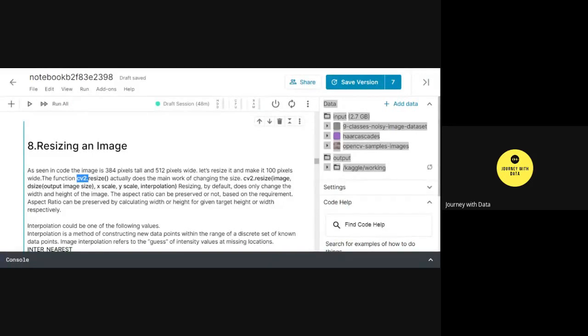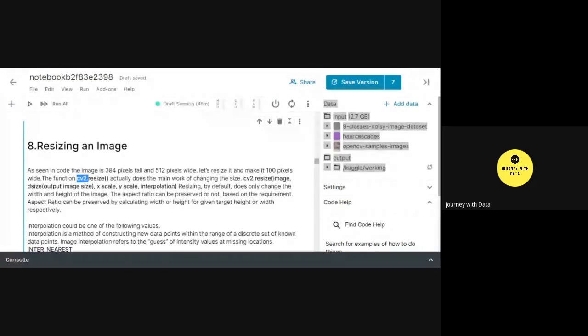The basic syntax is cv2.resize, the image variable or the image name, and then dsize, which is nothing but the dimensions of your image, and then the x scale and the y scale, and then the interpolation.